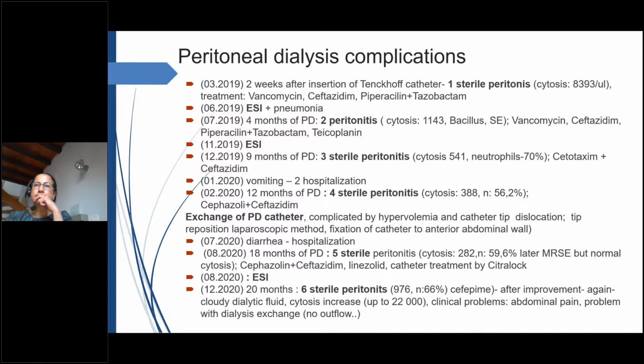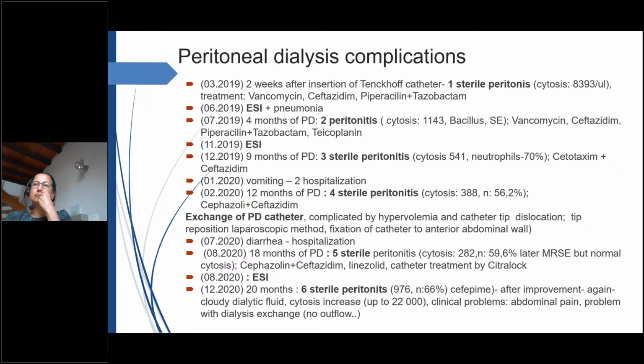Then after a few months, we decided to exchange the PD catheter. There were 2 episodes of exit site infection, and this exchange of the PD catheter was complicated by hypervolemia and also by catheter tip dislocation. So he required again laparoscopy with fixation of the catheter to the anterior abdominal wall. And unfortunately, after a few months, again, he developed the next episode of peritonitis, the next episode of exit site infection, and